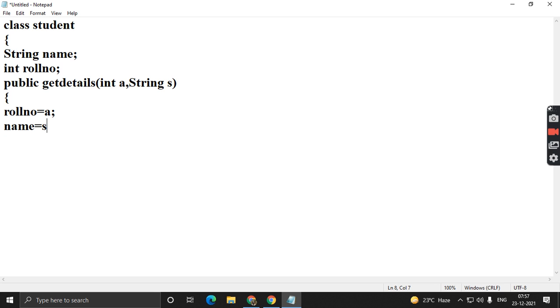So we have taken one function get details where we are passing the values of roll number and name to the variables a and s. One more function we will have, show details, which will show the details of the students.